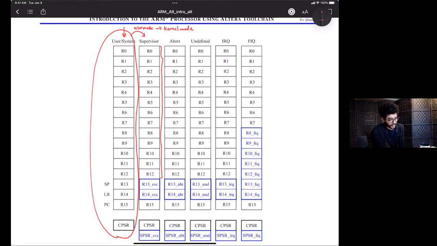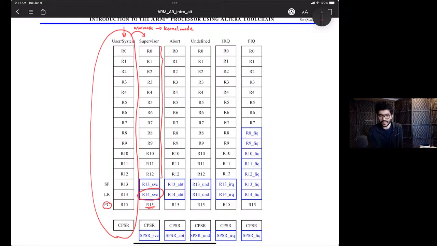Now, the PC register is going to point to wherever it has to be pointing to according to the interrupt vector table. So if we're changing mode because of a system call, then PC is pointing now to the system call handler. If it is an interrupt, then PC is pointing to the interrupt handler. But what happens to the old PC? What happens to the PC that we had before when we were running the user? That PC gets stored in